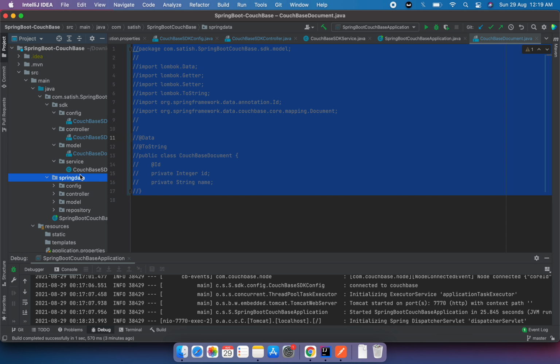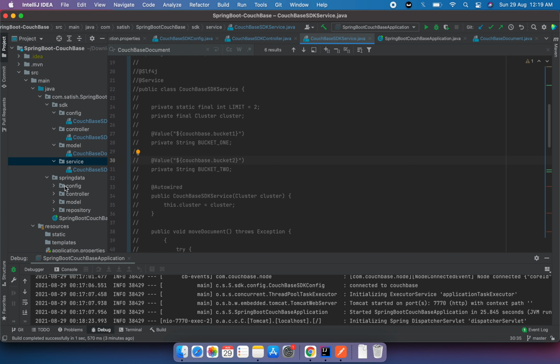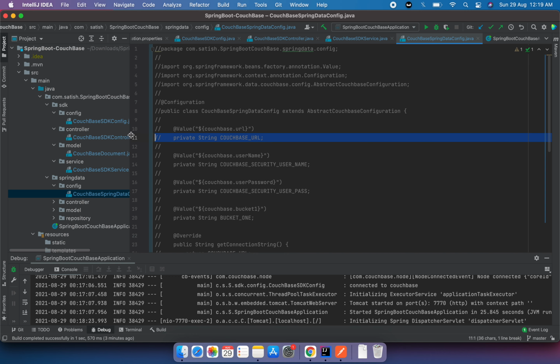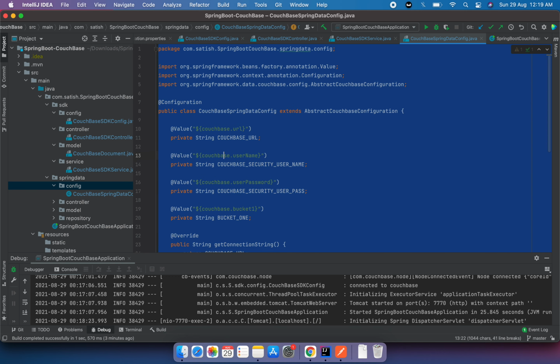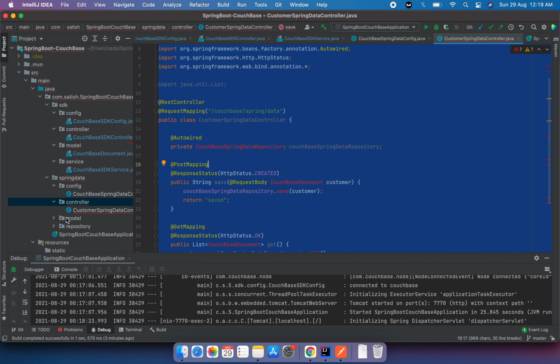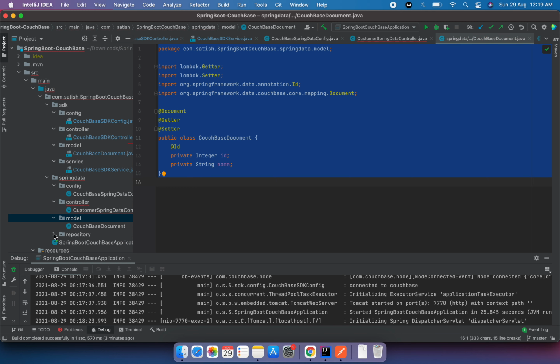No, not this, the service also I need to comment. Okay, this has been commented out. We should have commented only the config file, but I commented everything. So let's comment out this, the second example which I'll be covering.